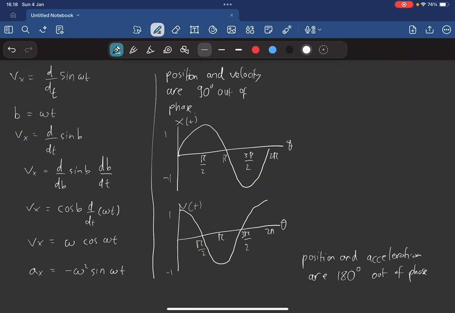Next, let's consider a particle moving with uniform circular motion about the origin. This means that it is moving in a circle at a constant speed. For this purpose, we can ignore the z-axis and think of a motion in the xy plane. To describe it, we must have two functions, x(t) and y(t). To be specific, we will choose the particle to move in the counterclockwise direction. Let the radius of the orbit be r.